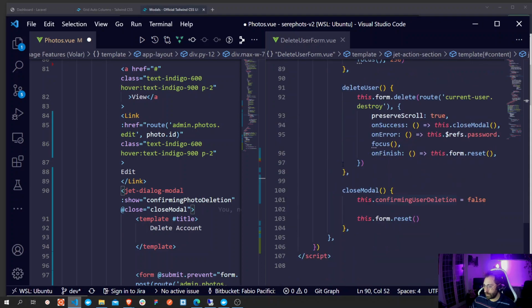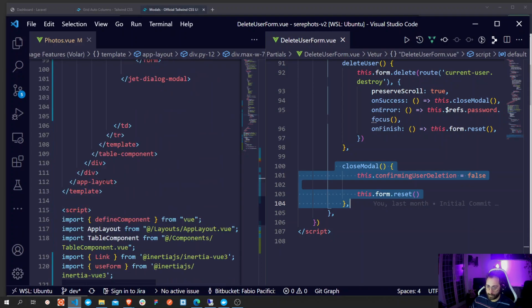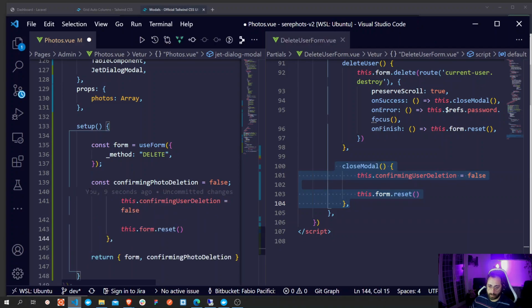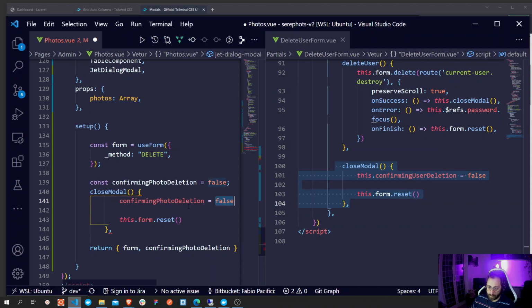And then we need this close model. The close model is called by that event, and it should be where? Also the method, we should put the method in here. And then we don't have access to this, but we can access this variable directly inside the setup function. And we click this and we put